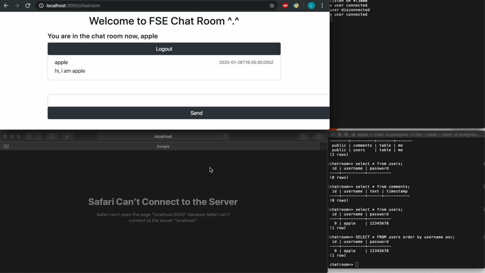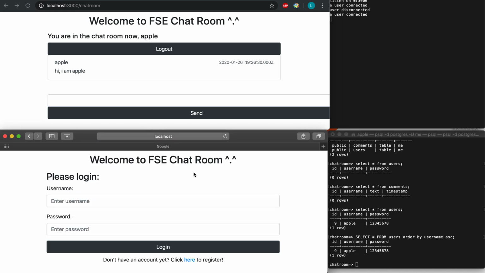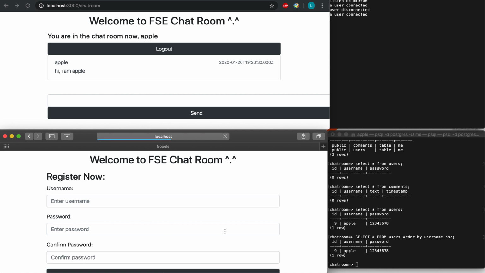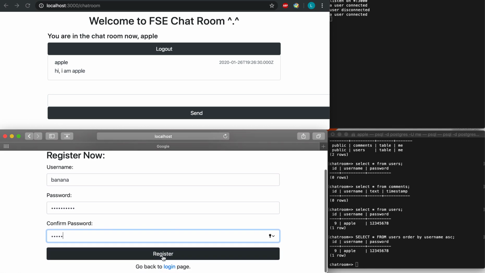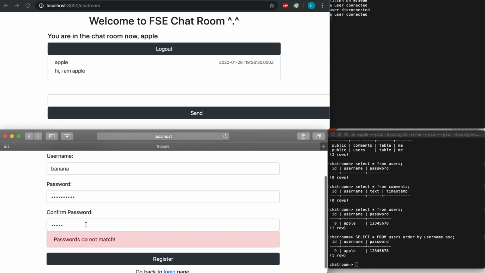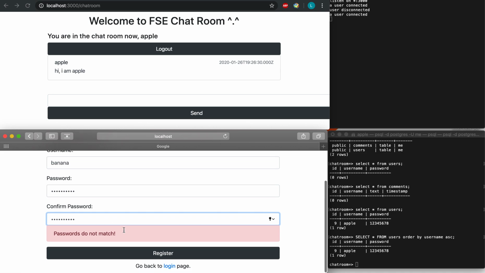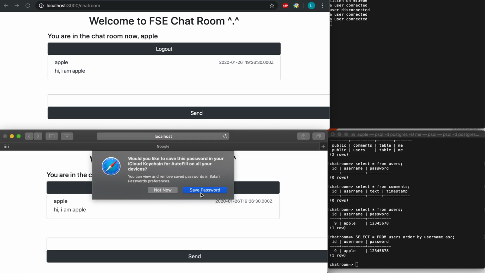I'm going to refresh this, and then create another username, banana. Password is hello. Note that if I enter a different password, it will show that the password does not match. And if it all works,